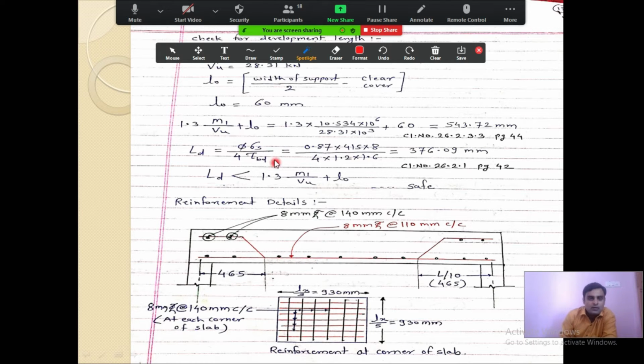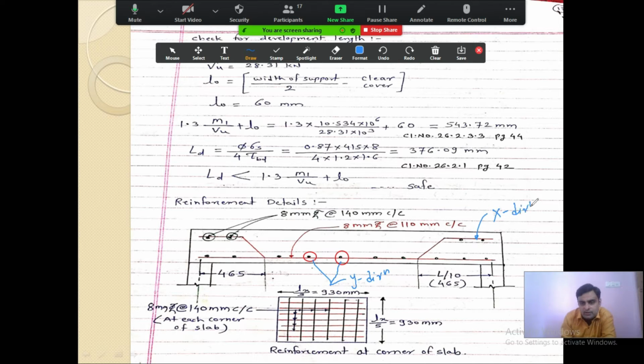If I show it more properly, whatever you are seeing here is the steel in Y direction, and whatever these bars are, this is the steel in X direction.